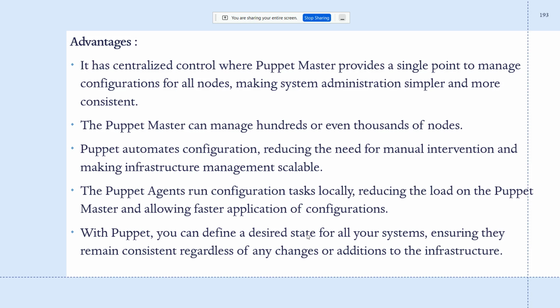So what it is doing is actually reducing the manual intervention. Automatically it can update the configuration as per the requirement, instead of us going there and actually changing the configuration and all. So that is what it is doing. Now the Puppet agents run configuration tasks locally, reducing the time on Puppet master and allowing faster